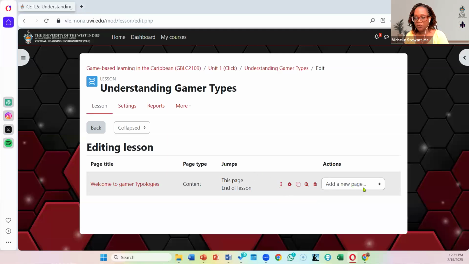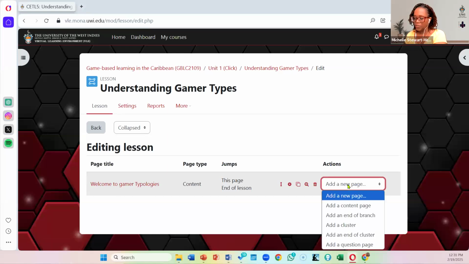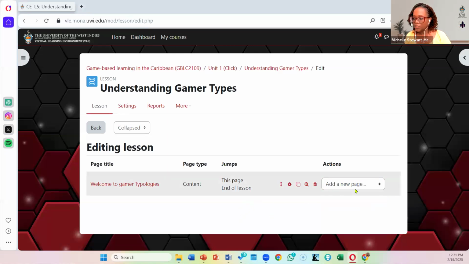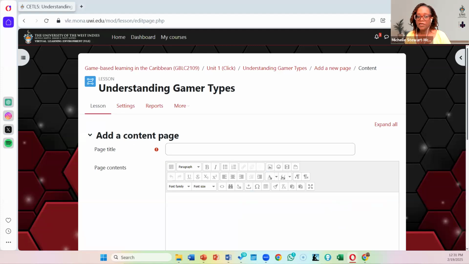And if we want to add a new page, we can do it from right here. So at the end of this particular content page, we can add a new page and we can decide what page it is we want to add. All right. So let us add a new page. I'm going to add another content page, and the content page that I'm going to add will be this second typology. This one will be the explorers. All right, so for this particular page, I'm going to put,